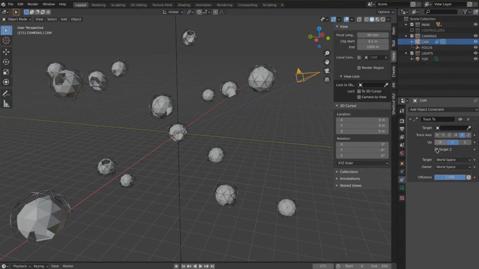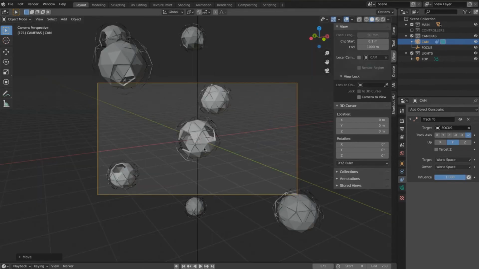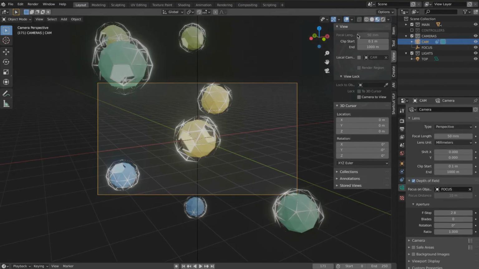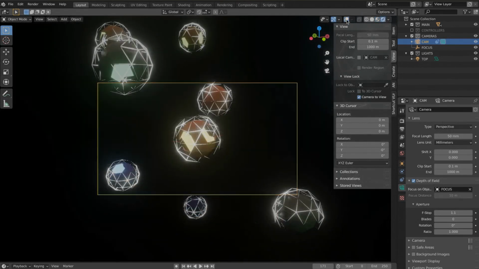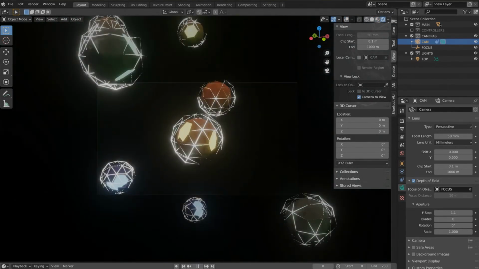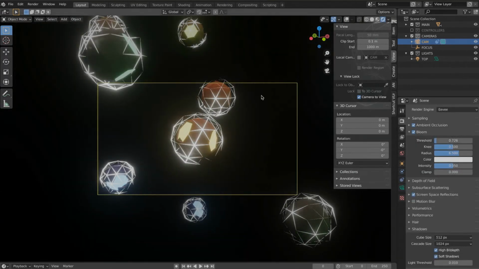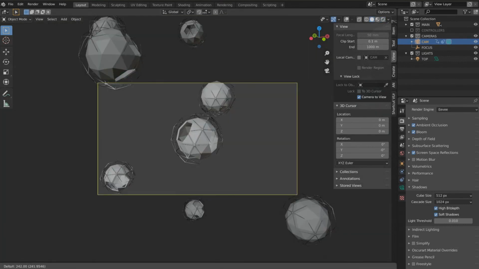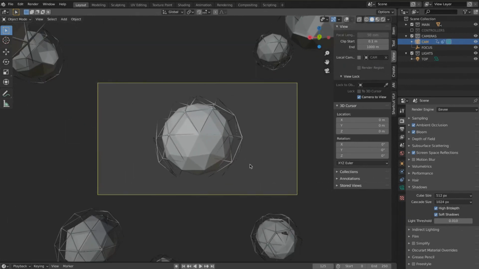Next, I added a camera, and I linked the camera to a null object that I called focus. The null object will control both where the camera is going to point and the depth of field of our camera. The depth of field is going to be focusing just on the central sphere.